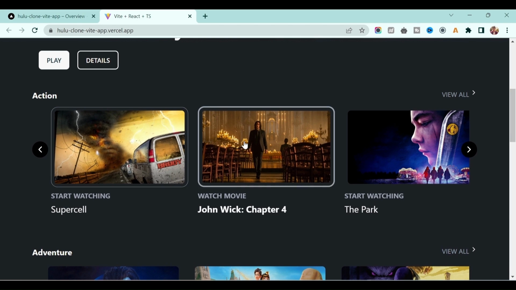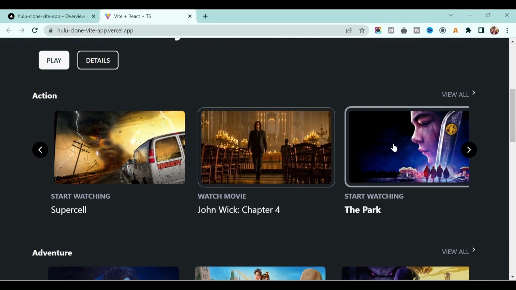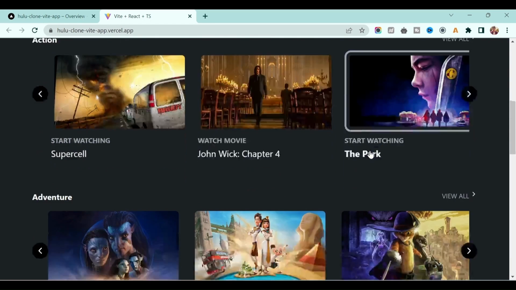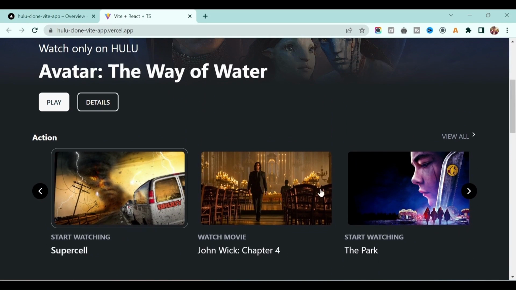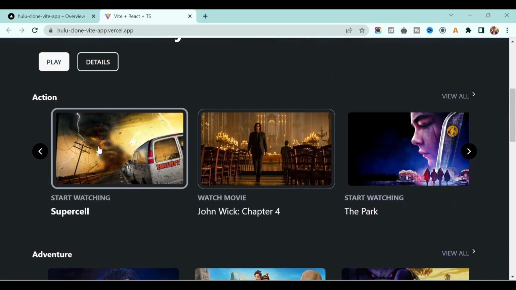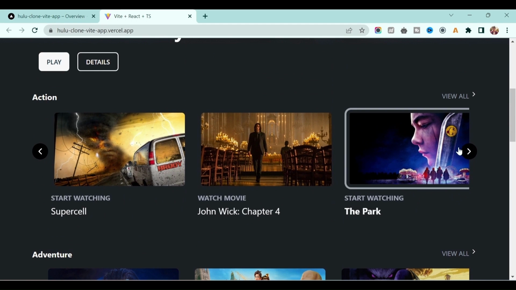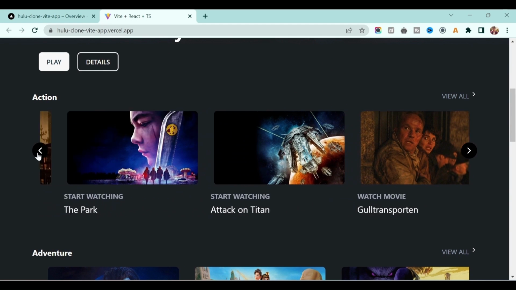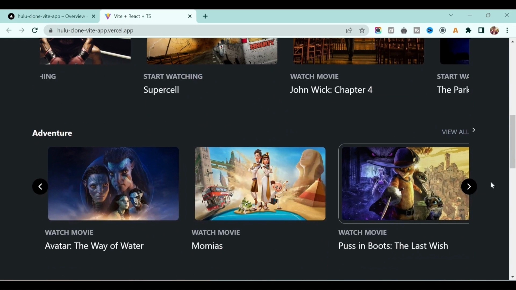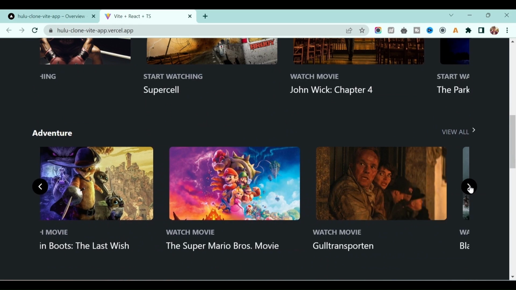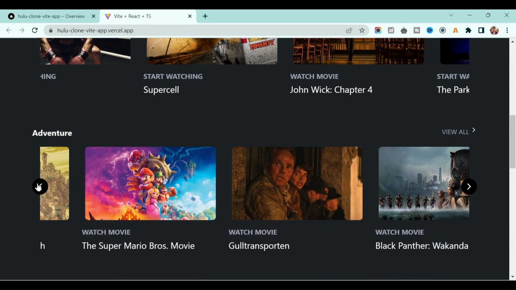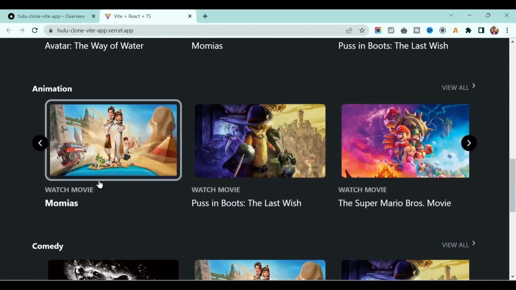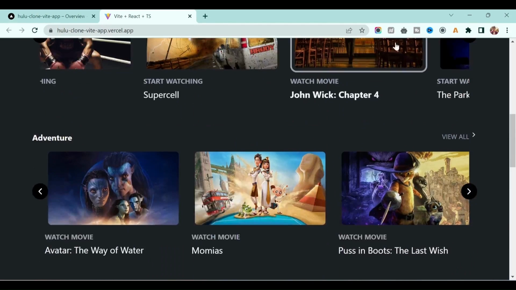Also, if you hover on any of this list, you will get these beautiful animations, the border and layout get changed. Okay, also if you want to slide this list, we have this beautiful button where you can slide to the left or slide to the right. Okay, so depending on which list you want to move, right or left, it will work. Also this site is fully responsive.